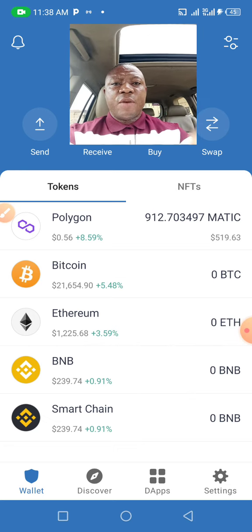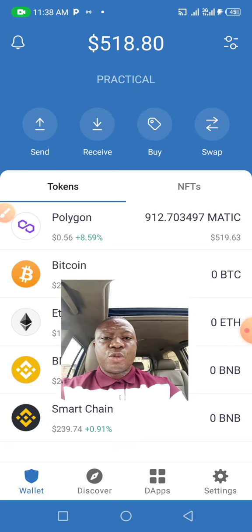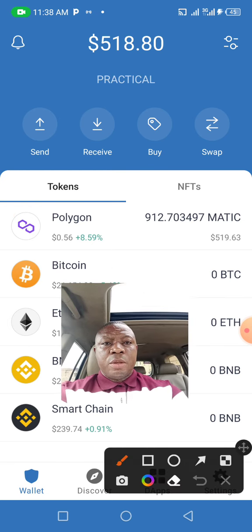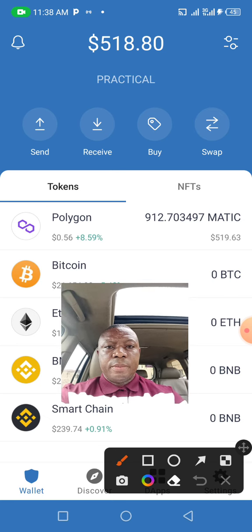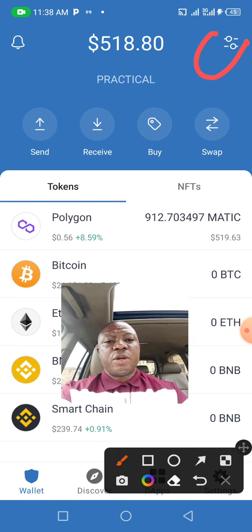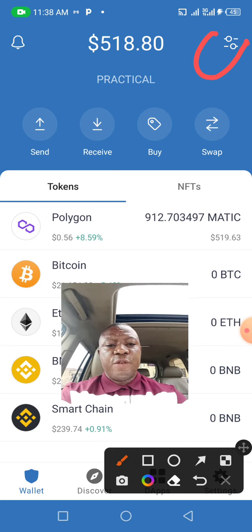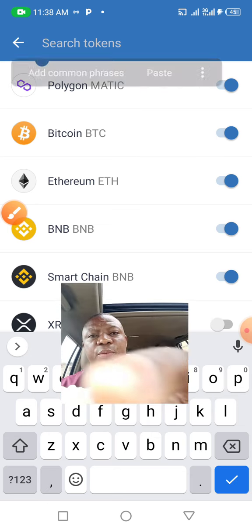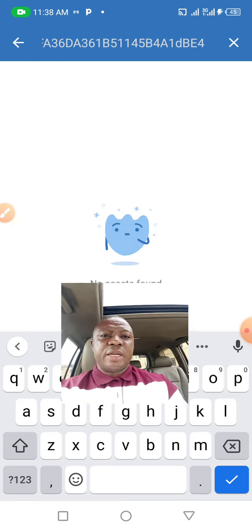Okay, now that we are in the home page, so you will come to right here again, go to right here again. This is usually a column where you search for whatever token you want to search for. We'll hit here, you will type, then we'll paste the contract address there.